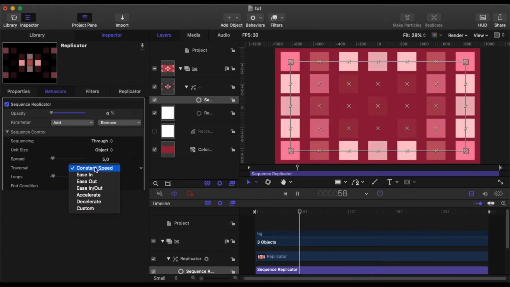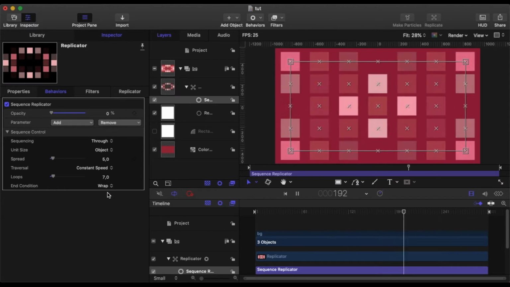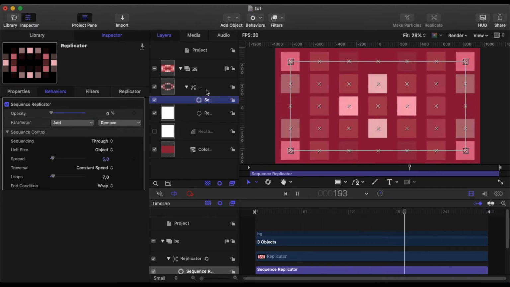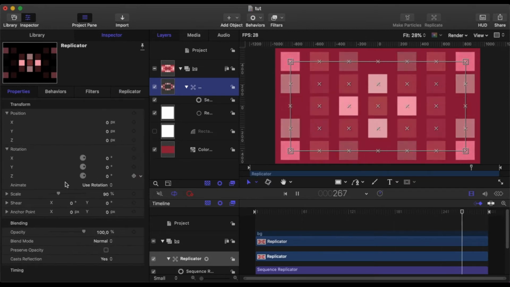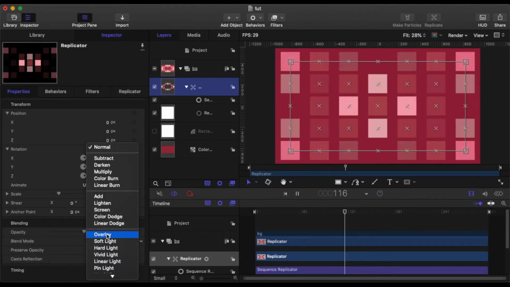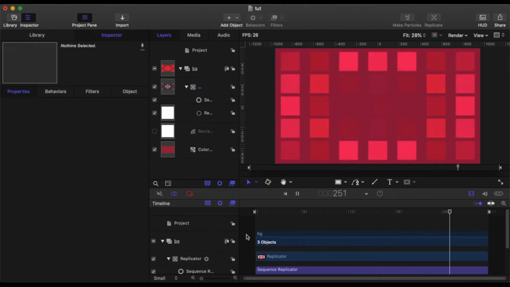So yep, kind of like getting there. I won't do anything with the speed. But the end condition, I'm going to set to wrap. So now I've really created, pretty much using one parameter of opacity, what I was actually looking for. I'll go to properties of the replicator and change the blend mode to overlay. And now I'm starting to really get everything to blend together in the background is coming along quite nicely,